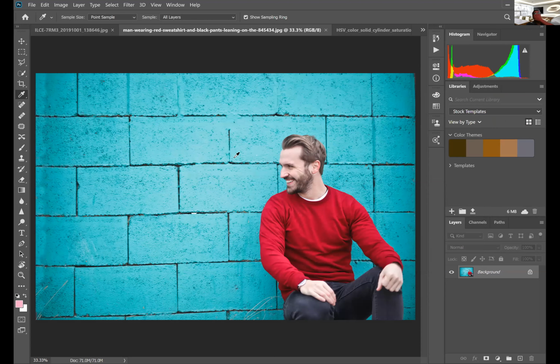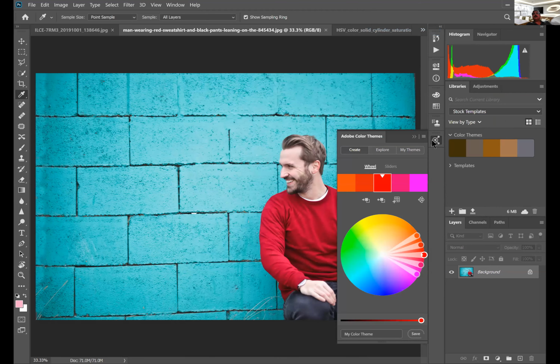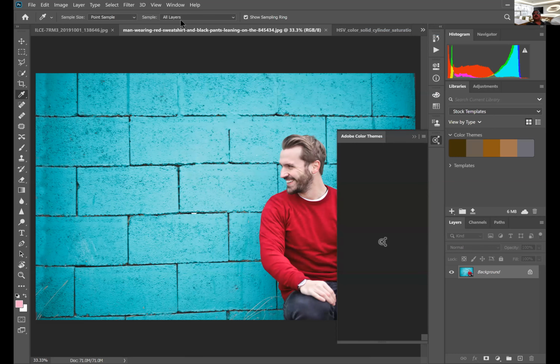So basically, I want to change the color into a different combination. So this is not really a complementary color. So how do I know that it is not a complementary color? Inside Photoshop, there is another color theme, which is exactly the same thing which came from Adobe. So this is exactly the Adobe color.adobe.com, but it is incorporated inside Photoshop. So all you have to do is go under Windows, under that go to Extension, and then choose Adobe Color Themes.